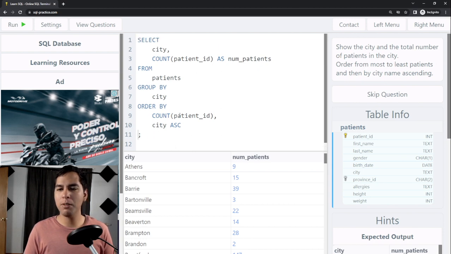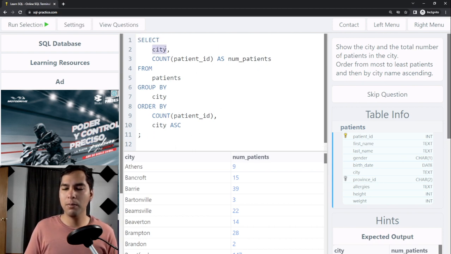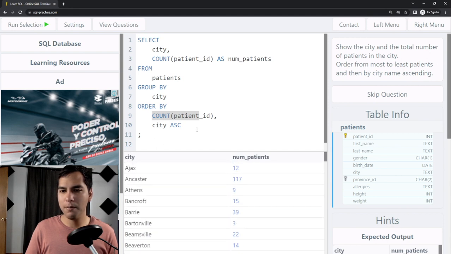Okay, so let's review what we have done. We are selecting the city column, and we are counting how many patient IDs are in the city, from the patients table, and we are grouping by city because we want to count the number of patient IDs inside each city. And we are ordering by this number, and by the city in ascending order. So if I run this query,